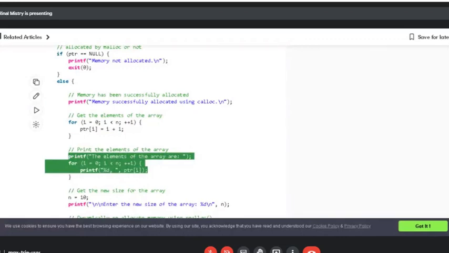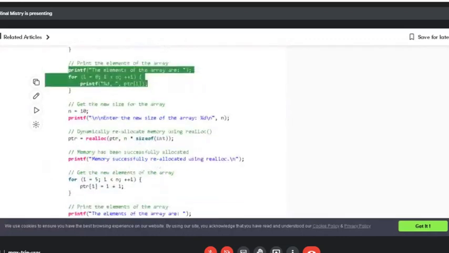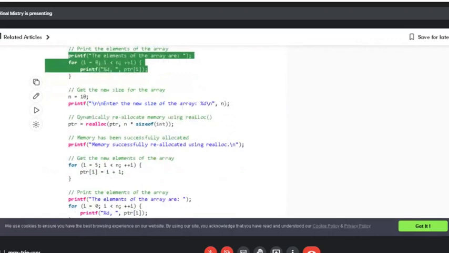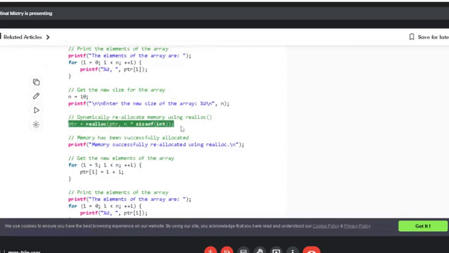Now the size of n is changed to 10. That is the new size of the array. Then the realloc function is used for adding the additional number of memory blocks, right? So ptr equal to realloc.